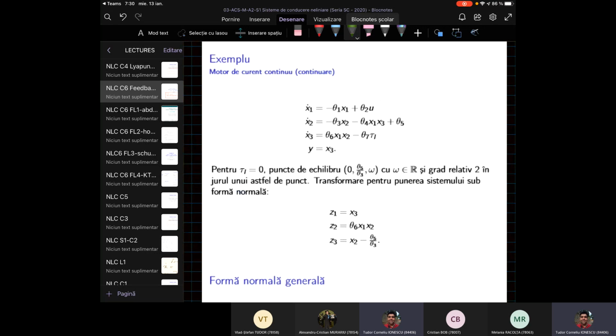Example. So we continue the example. We've got the 3 state equations, and we've got the output, the input and the disturbance. If there is no torque, so there is no load. If there is no load,